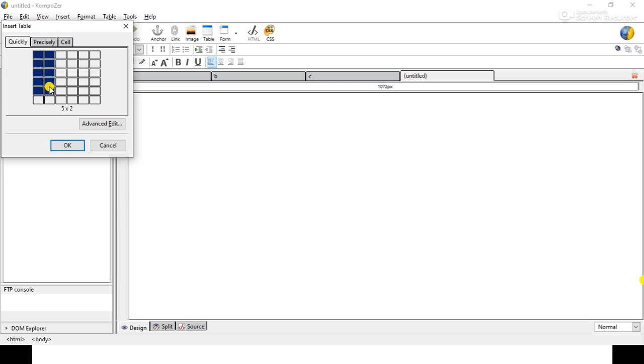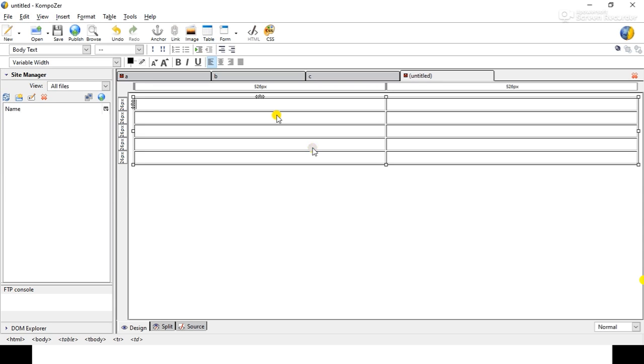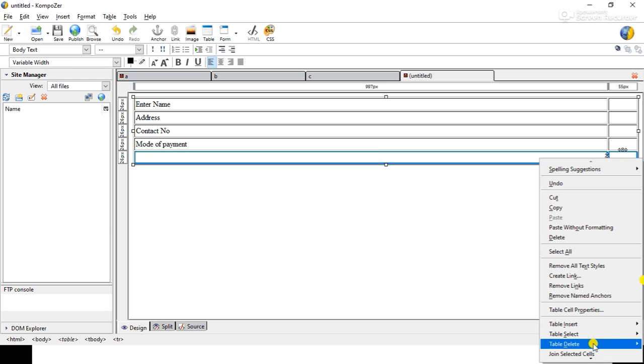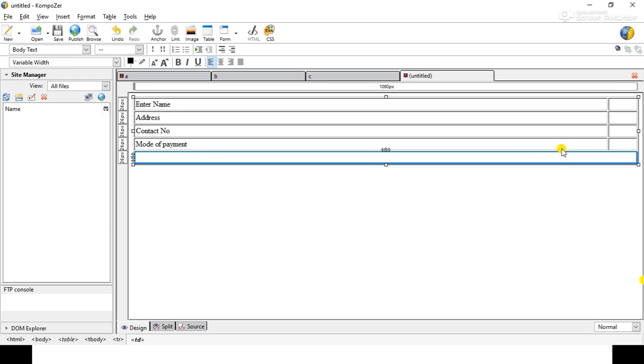So we'll take 5x2, we will write enter name, address, then contact number, mode of payment, and lastly we will merge these columns. Right click and select this second option, join selected cells.